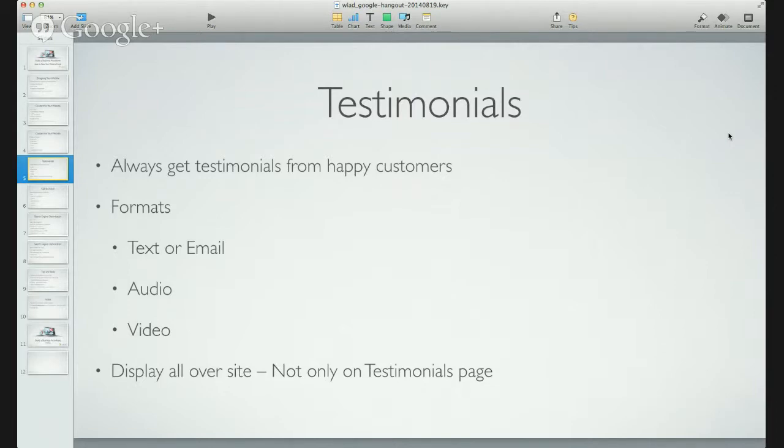A few different formats that testimonials can take: text, or people can send you emails, for example, or the comments, like I said, on the website, so you can use that. That is powerful in itself, but always make sure that you have a person's name, but also make sure that you have people's permission to publish that on your page.